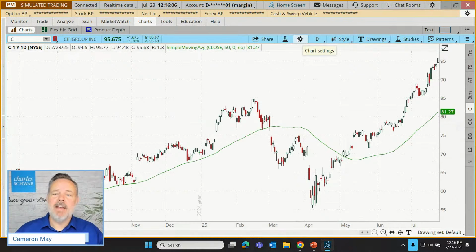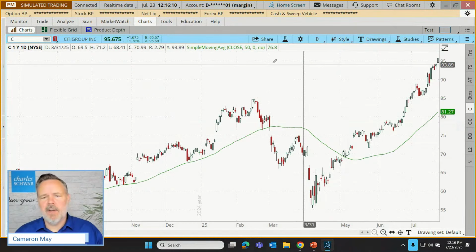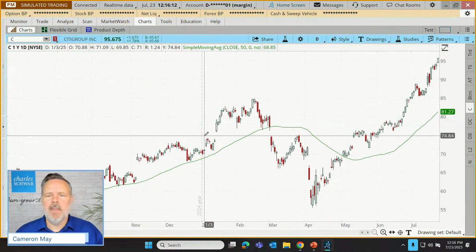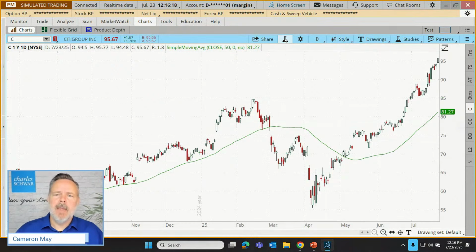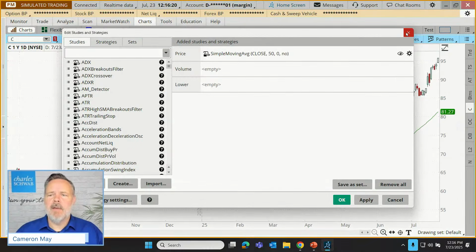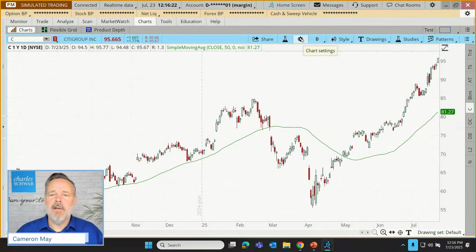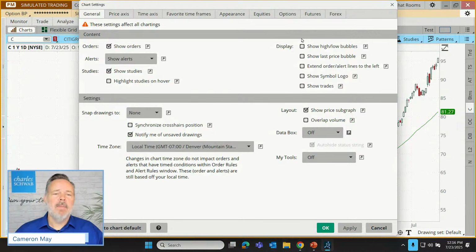Now, we have access to something called the chart settings. Lots of people prefer their charts to have a black background rather than the white background. They like their candles to be green rather than white. Lots of different ways that we might, I didn't want to click on that. We want to click on the little gear icon, the chart settings icon. In any case, this is just generally to apply settings such as display current positions. That was something that somebody asked about earlier in this presentation.